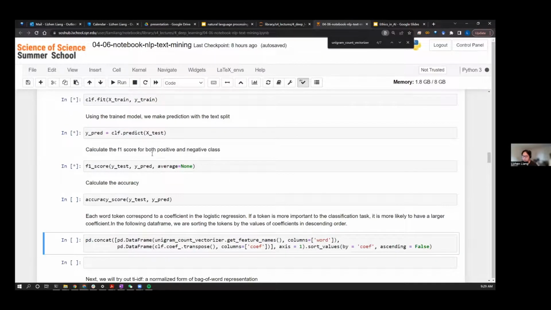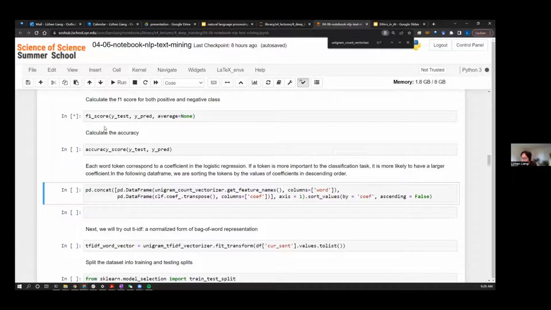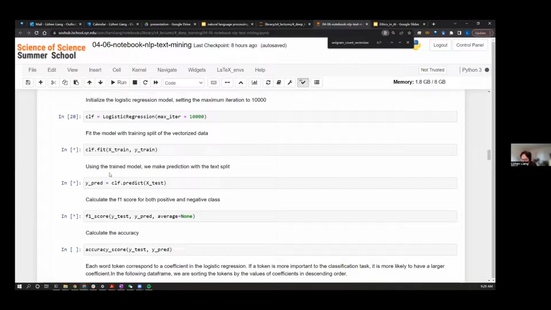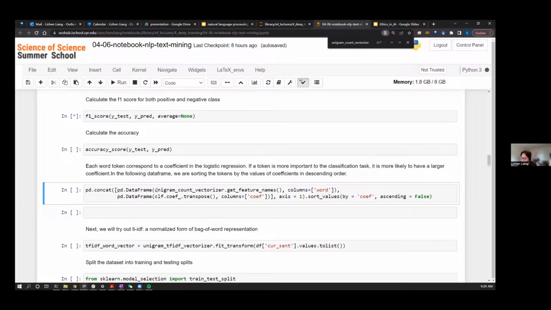As it is running, I think I will continue to work. I wanted to train the model because I wanted to show how we can interpret how the classification is working by showing the most important word tokens, by showing the feature names, the tokens, alongside the size of their coefficient in the model.